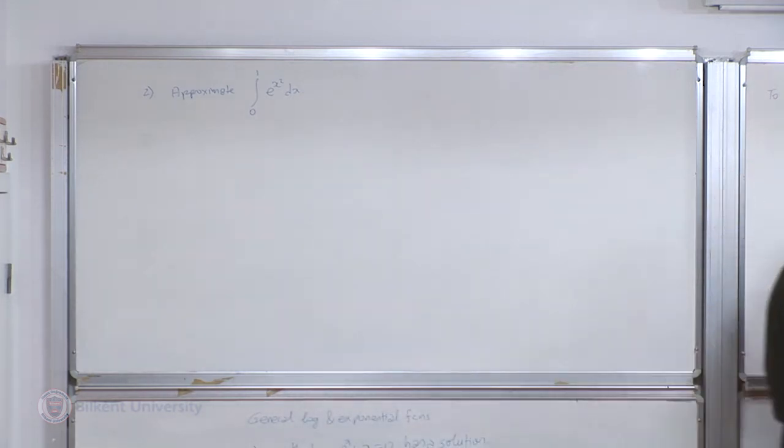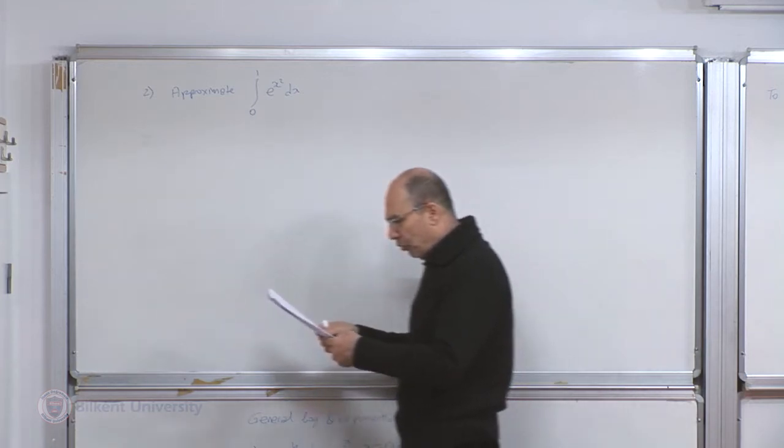Okay, so the idea here is to again demonstrate our methods. Next semester, when we start with Taylor series, we'll see that using Taylor expansion, we have another method to find an approximation for this. So here we will use,